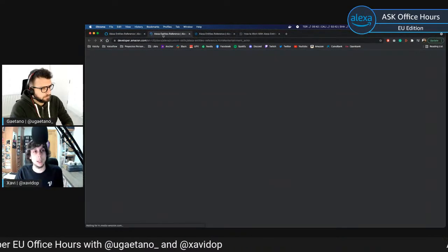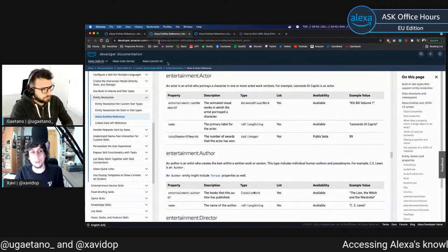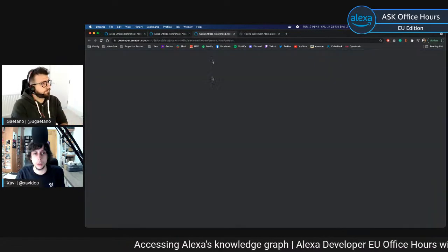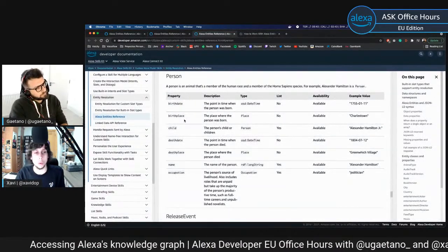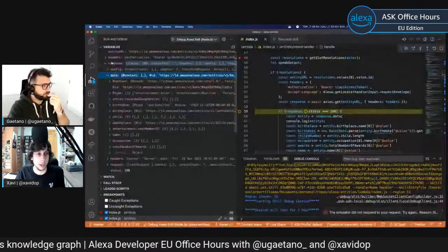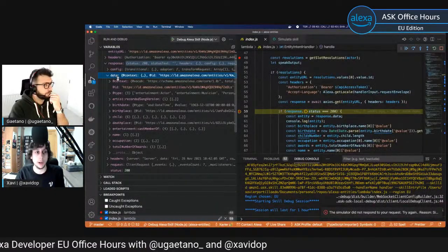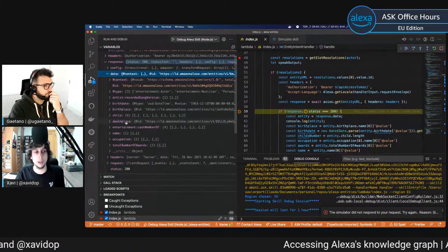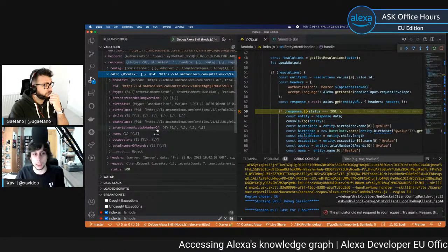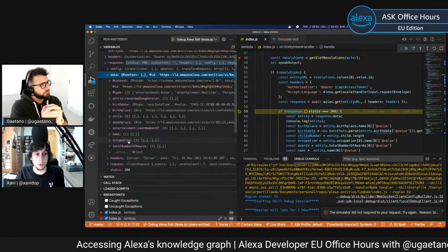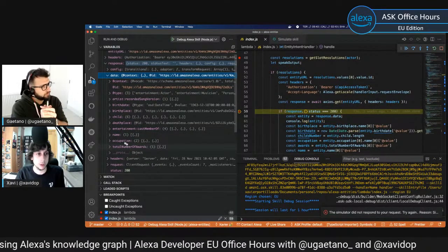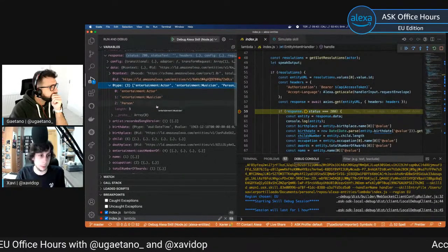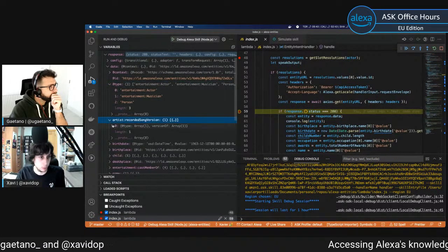So as I explained, an actor can be or will be inherited from the types entertainment actor with these properties and from person with these properties. Okay. So if we debug what we have in the data, we will have the birth date, birthplace, child, death place, entertainment cast member of, the name, occupation, total number of awards, and also it has been inherited from entertainment musician